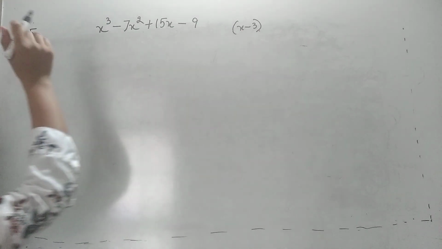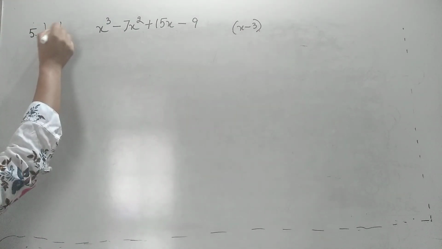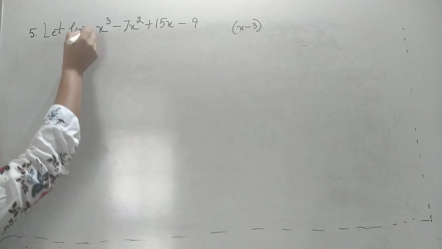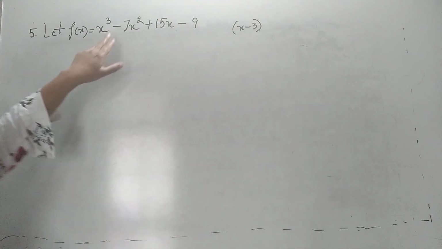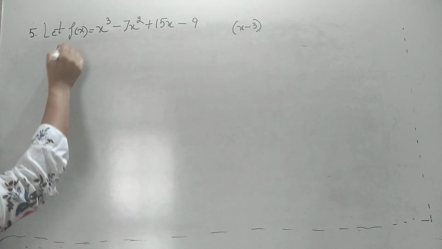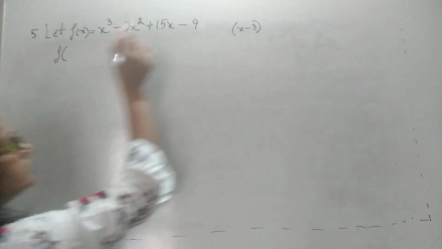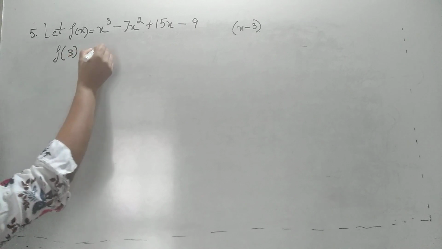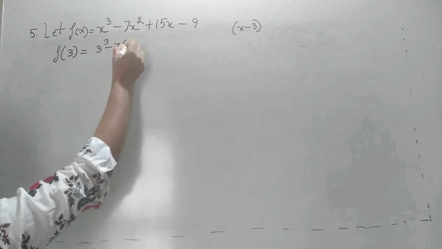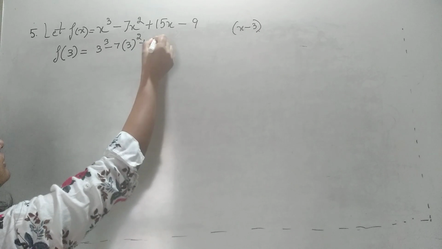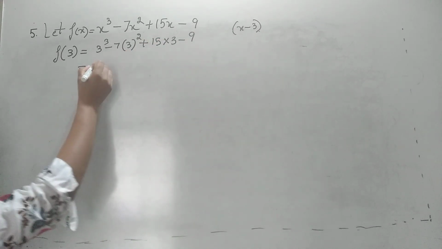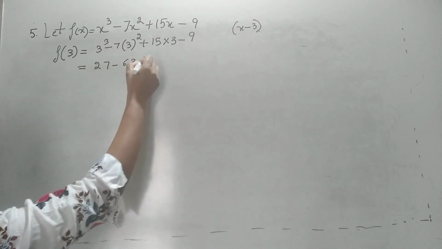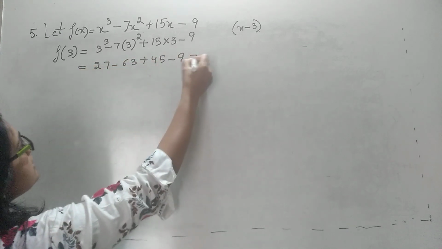Now, what is the first step whenever we are doing a question on remainder theorem or factor theorem? The first step is we have to name it. So we give a name. Let f(x) be this polynomial. How do we show that any polynomial is a factor of this? First of all, we will find out f(alpha). Here alpha is 3, so I am finding out f(3). What is f(3)? 7x square. In place of x, I will write 3. What is the answer coming?